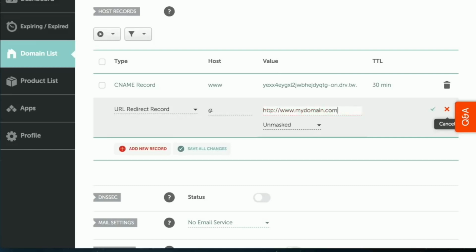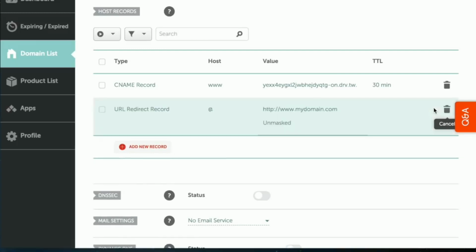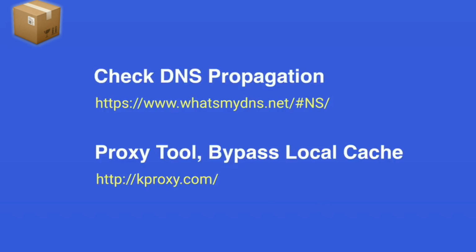It takes 30 minutes to accept it globally, but since you have just changed your name server, it will take 48 hours to change it globally. Once your website is up, then you can check it. You can check the progress of propagation with the help of these tools.